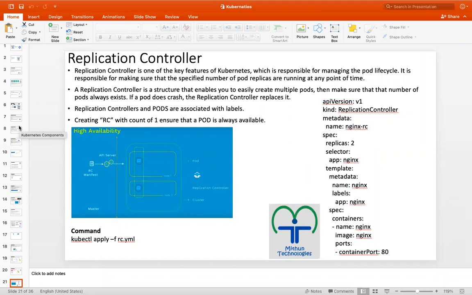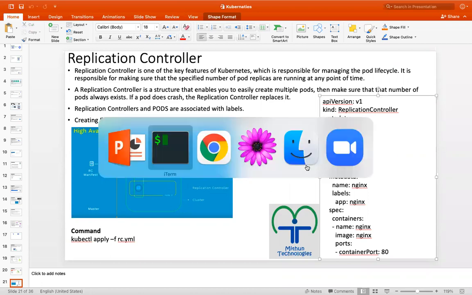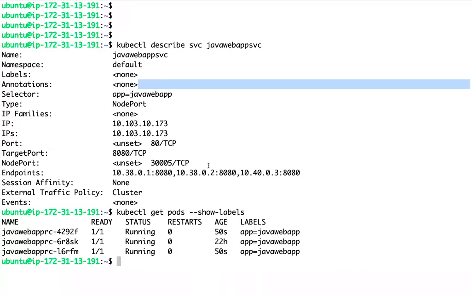Selectors are like a condition. For a replication controller, the selector is not mandatory. It will manage. But when we create advanced objects like replica sets, we have to give a selector. We will be able to scale up and scale down this replication controller.